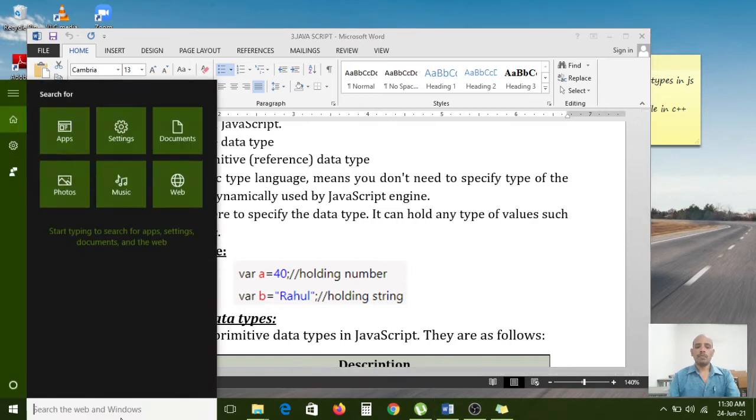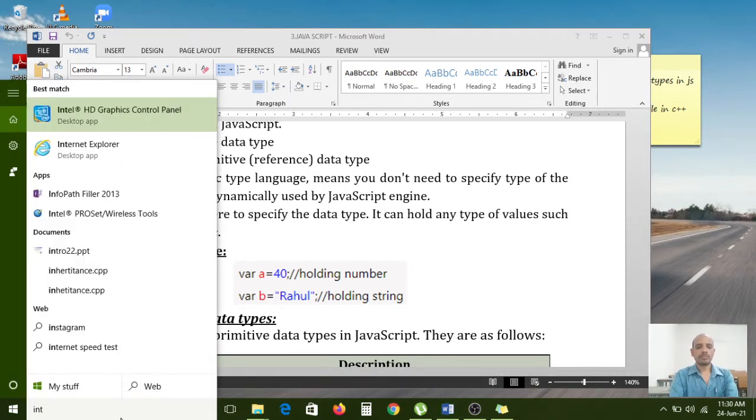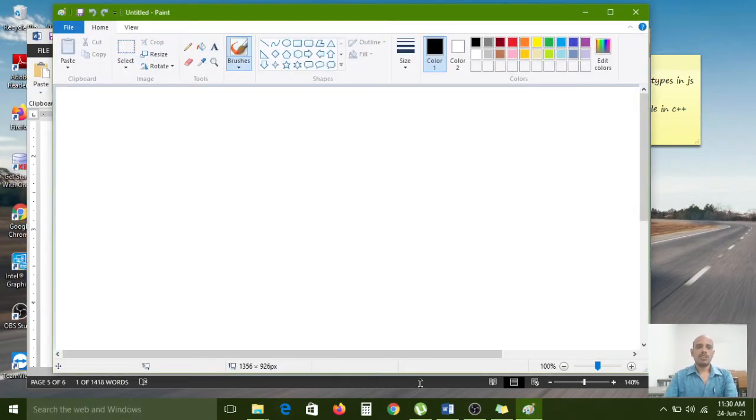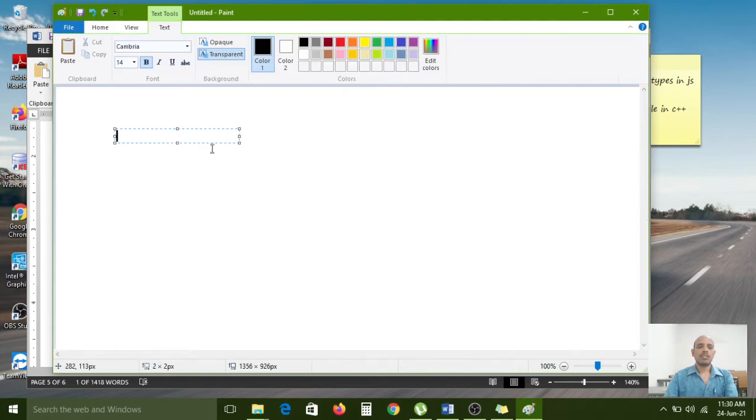Carefully observe how variables are declared in the C programming language. For example, int x, and I want to assign 10 as the value. I want to store a name. For that, char is the data type and you create a character array, and here I pass the name.